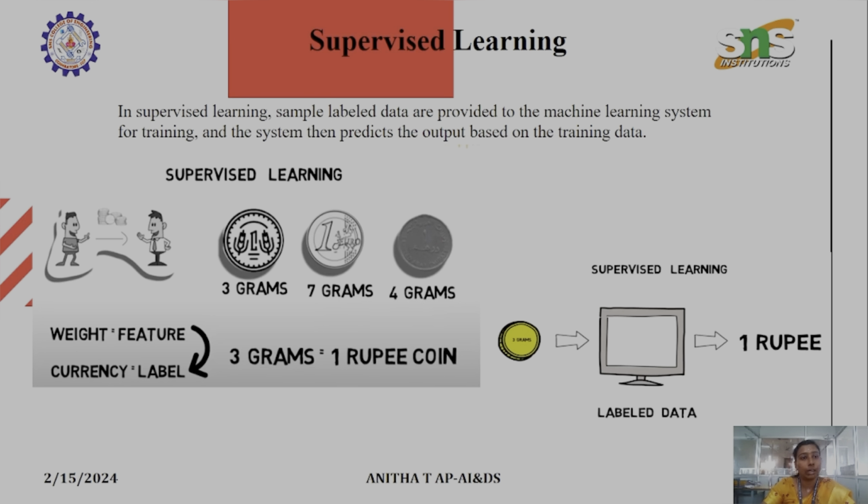In supervised learning, sample labeled data are provided to the machine learning system for training, and the system then predicts the output based on the training data sets. In supervised learning, data scientists apply some algorithms with labeled training data and define the variables they want the algorithm to assess for correlation. Both the input and outputs of the algorithms are specified in